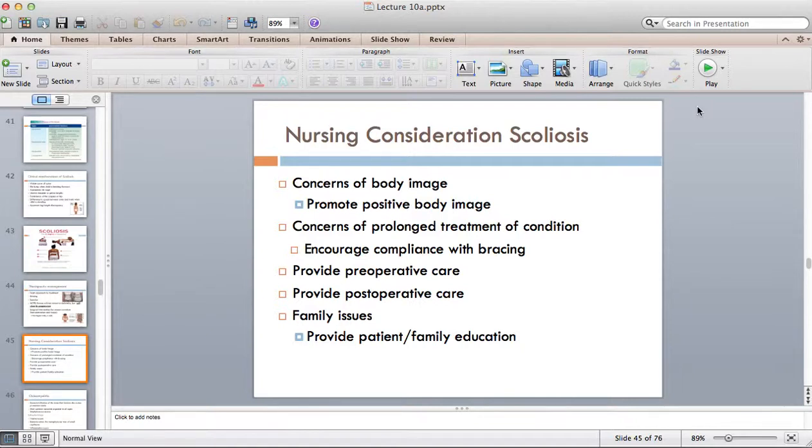Okay? So for them to get up, it needs a physician's order, and the physical therapist usually will be the first to get them out of bed to the chair. Most of the time now, they are allowing them to get out of bed to the chair within 48 hours, depending on how that patient is doing. Some of them could be longer. Okay? Other things you need to do for this patient post-operatively, you will include